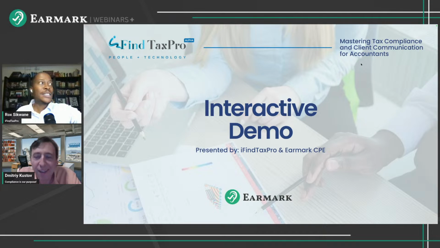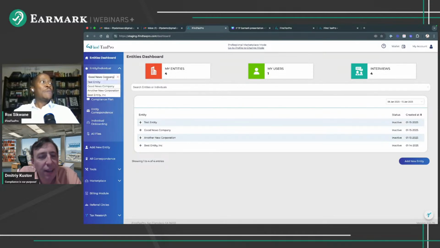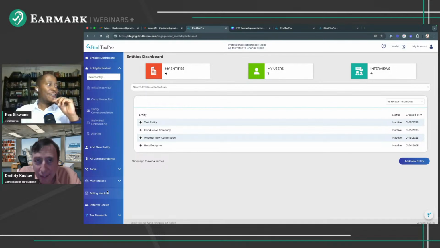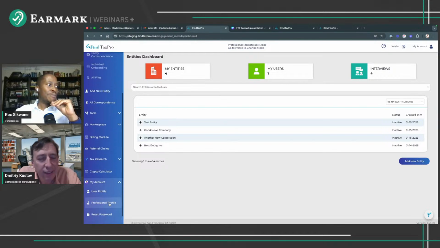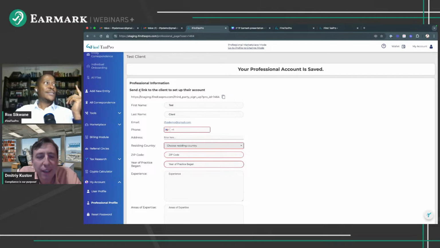But without further ado, let's get into the dashboard. So when you log into your dashboard, this is our first landing page. We've created a dummy account here. Depending on how busy you are, all your clients are going to be in one dashboard. How this works is I'm going to start with the doc process that we talked about, the discovery. The first piece of the discovery process is the onboarding link. You come here and send a link to the client to set up the account. So you just copy this link, and then once you've copied that link,